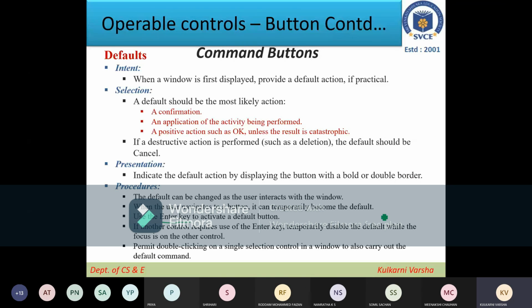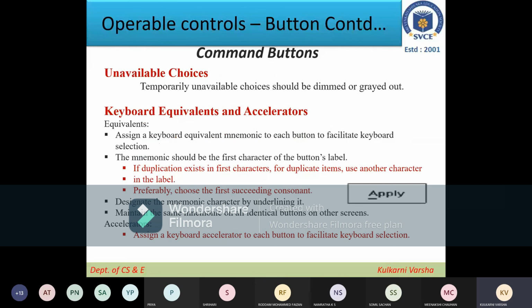So this is also a way you can activate the default button. So this is with respect to the default button.